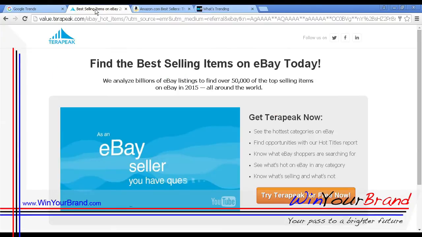Okay, the next one is to find the best-selling items on eBay, and it's Terapeak. This is a service that works in conjunction with eBay, and they will give you a lot of data about the best-selling items on eBay. So you get an idea as to what's popular on eBay at the moment.